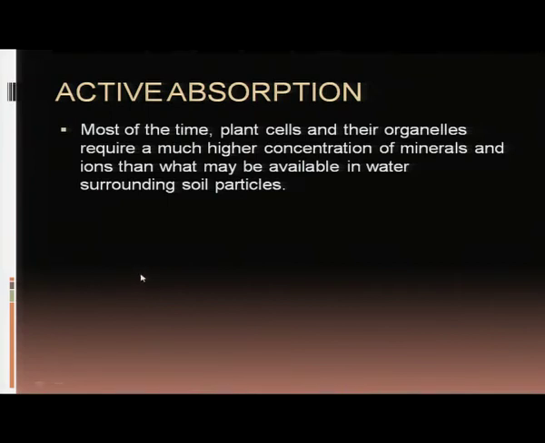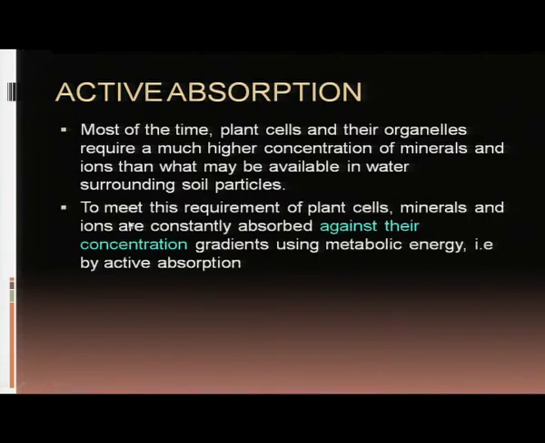Why do plants resort to active absorption? Because most of the time plant cells and their organelles require a much higher concentration of minerals and ions than what may be available in water and surrounding soil particles. So, in order to meet these requirements, the minerals and ions are constantly absorbed by the plant cells against their concentration gradient